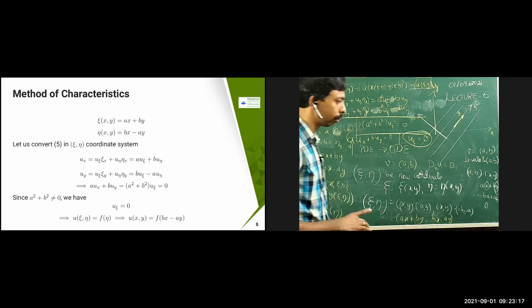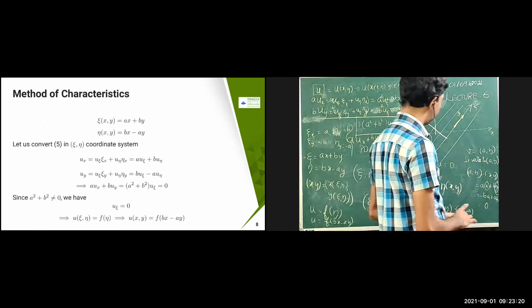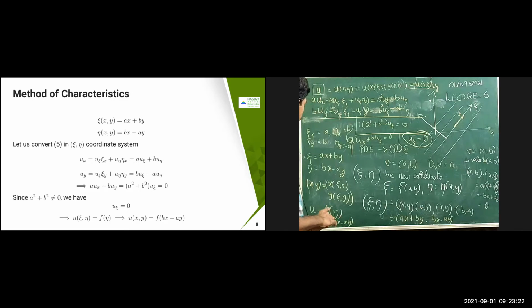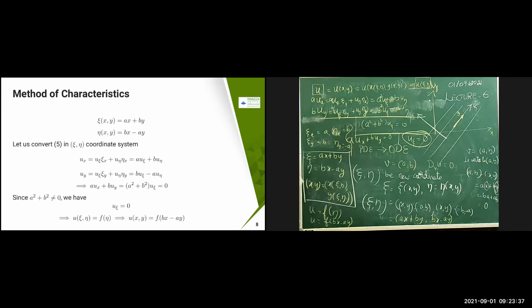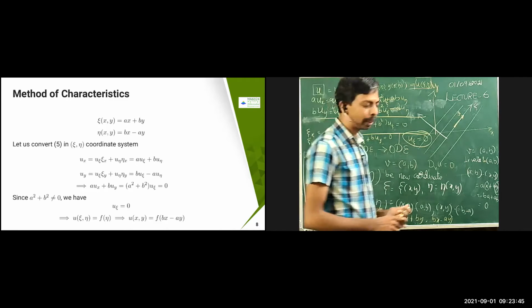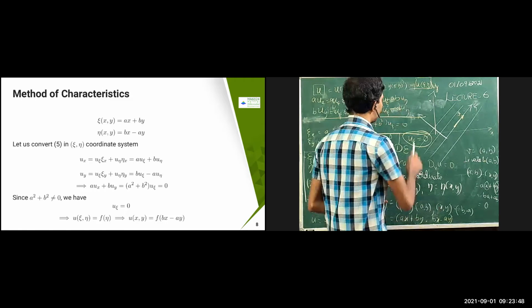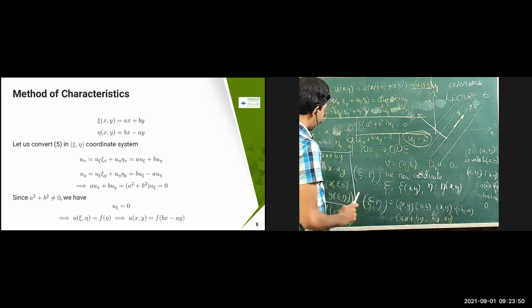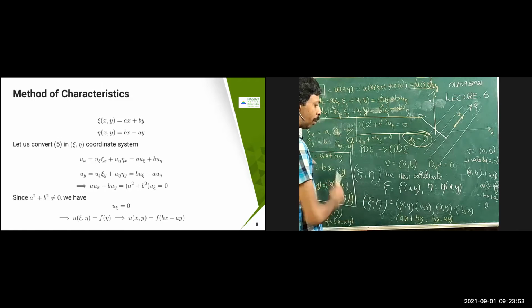Chi and eta are functions of x comma y. Then x comma y are again functions of chi and eta, which means we are transforming it again? No, I'm not transforming. This is a good question actually. In your analysis course, you might have studied a theorem called the inverse mapping theorem, right? That is the idea behind this. The mathematical idea is that one, and I'm just explaining without that concept.